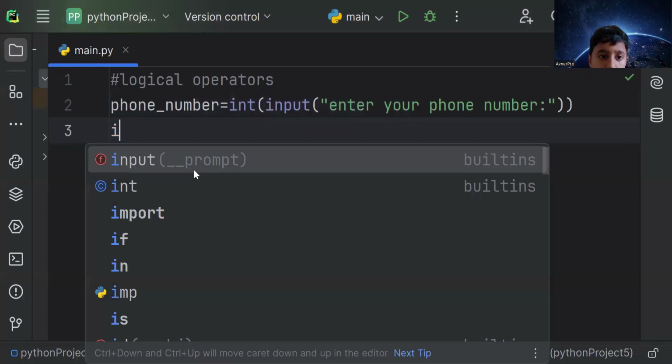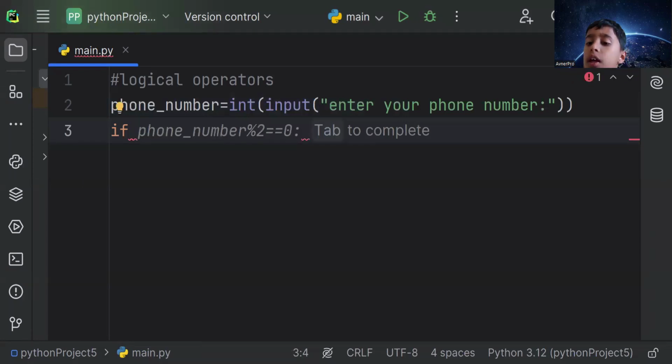If. Now I want it to start with, like, 9, 8, or 7. But we're not going to go there yet. We're not even close to there yet, so we're not going to learn it. But for this, now, if I want it to have 9, 8, or 7 in it, so what I'm going to do is